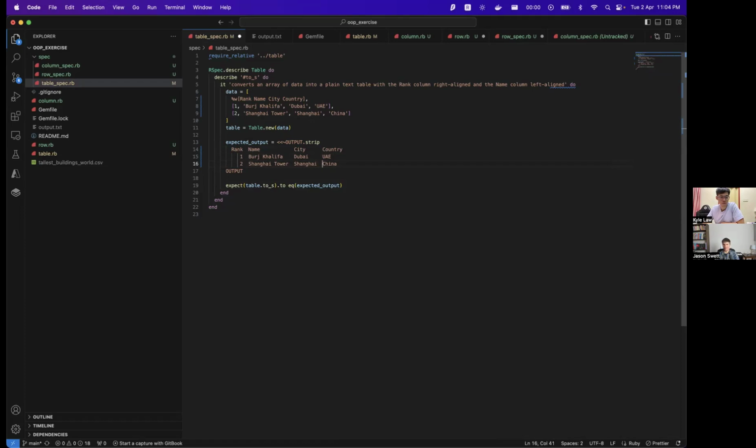Let me think about it. I just need to list out the logic. What would I do if I were to just code it right away? Given this array of rows, I need to convert it into each column. Second step, for each column, get the longest text. Third step,